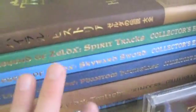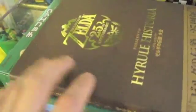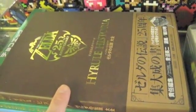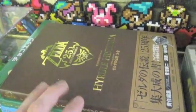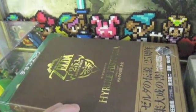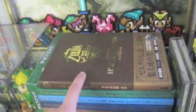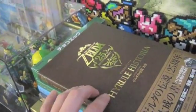I know I showed you all these collector's editions last time, but I recently got this, the Hyrule Historia from Japan. This has got Nintendo's official Zelda timeline, which, in my opinion, I don't want to think of it that way. I like to think of Zelda games as just being parallel dimensions, and they can happen at any point in history. I don't like to try and put a timeline to them, to be honest, but that's there. I really hope they come out with an American version of that. I hope Nintendo of America gets on that and releases it,